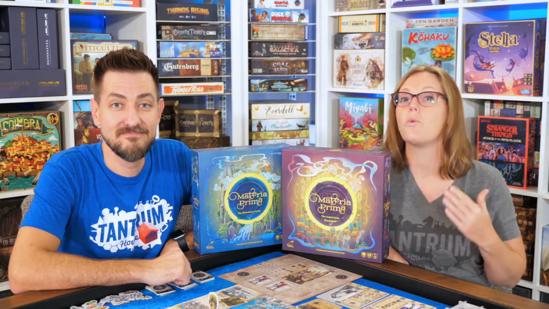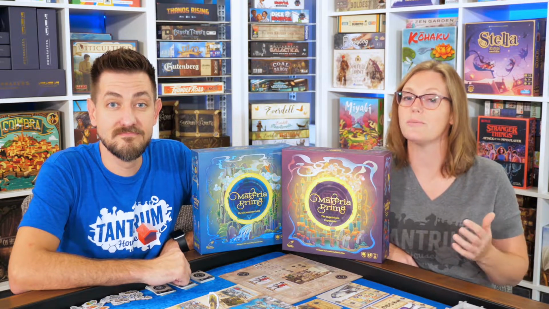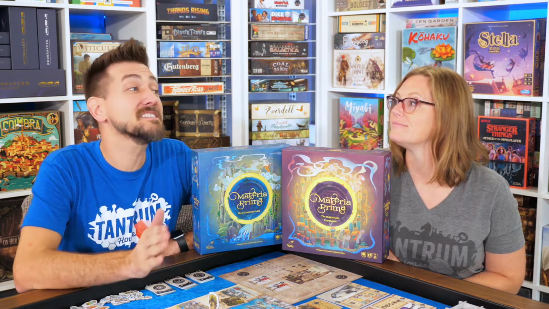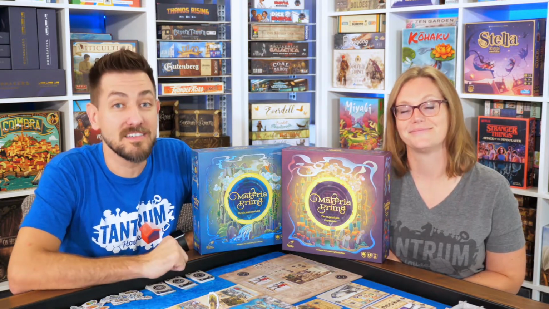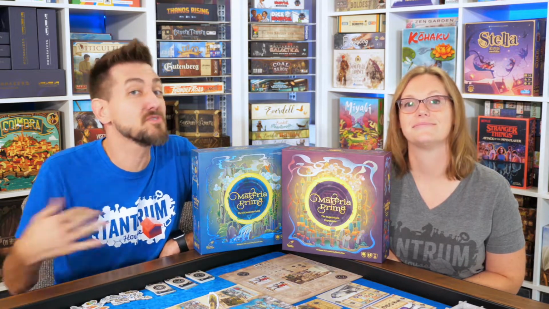Today we're looking at the new expansion for Materia Prima called the Inquisition. This is from designer Florian Fab. The base game is a 1 to 4 player game where you take on the role of an alchemist going on a quest trying to gain wisdom using your skills of alchemy. The new expansion is going to add a 5th and 6th player to the game, as well as a co-op mode and a co-op campaign